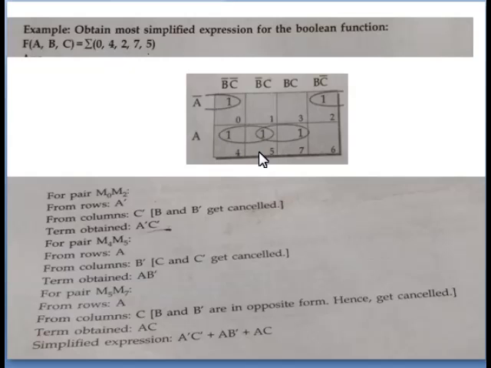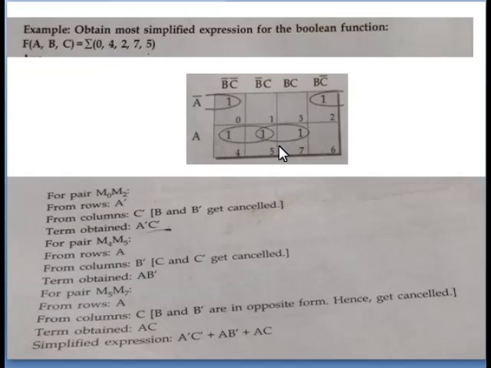So first we pair these two ones because they are adjacent neighboring cells. This cell and this cell, adjacent cells, are having ones. So we grouped it. Now 1 is here. Around this 1 there is no other 1. So what we have to do is share this one with an adjacent cell. Okay students, now these ones are over.